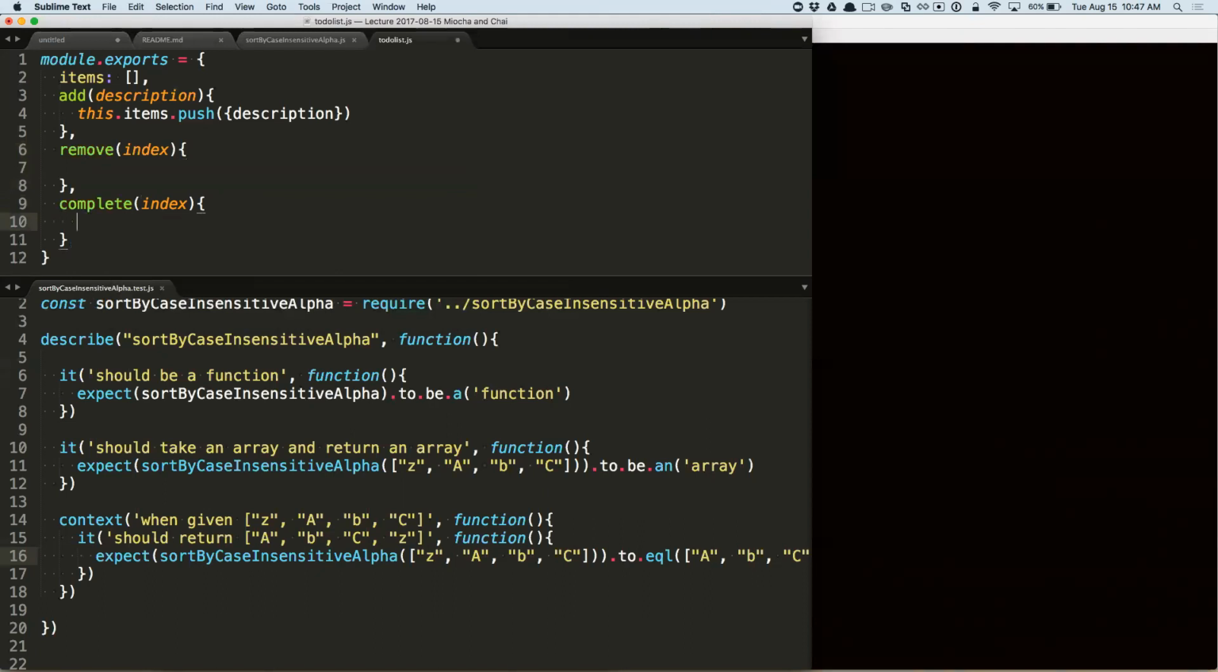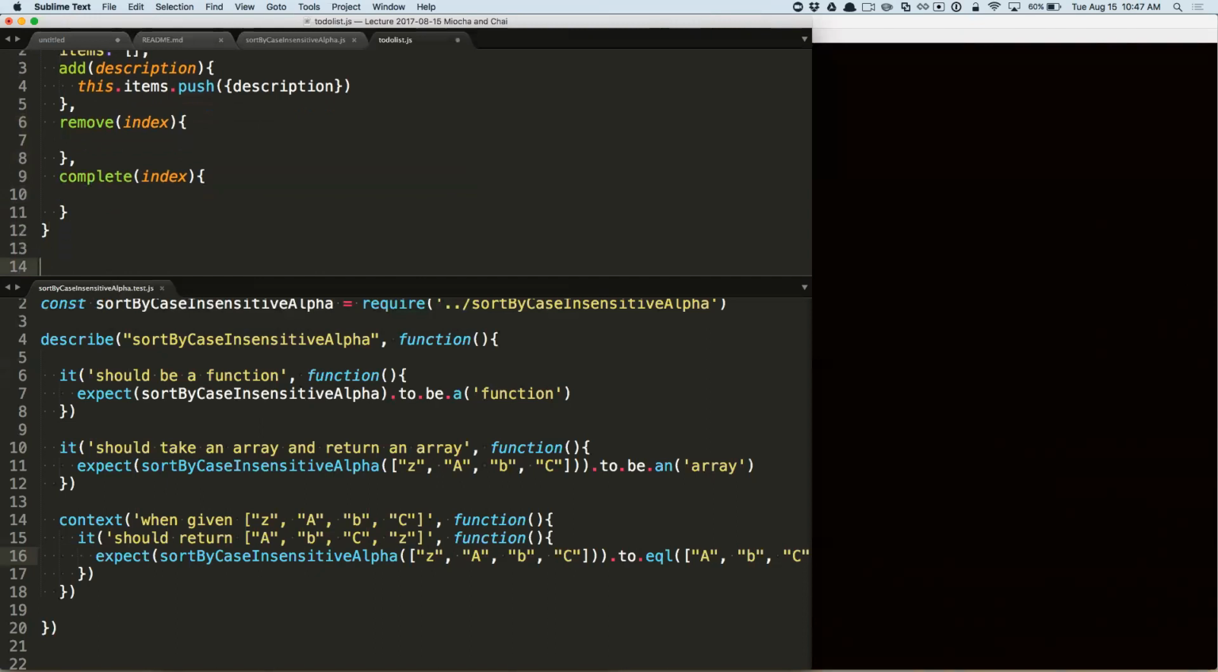Okay, so let's say we've got this little to-do list, and the way we want to use it is something like,